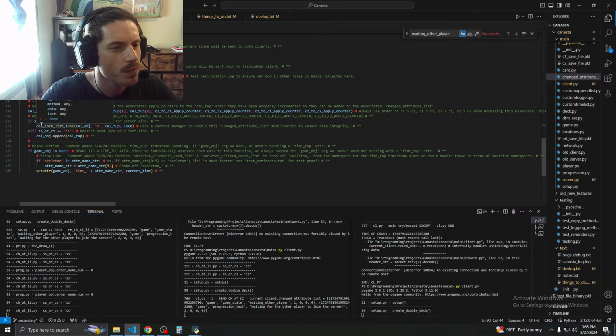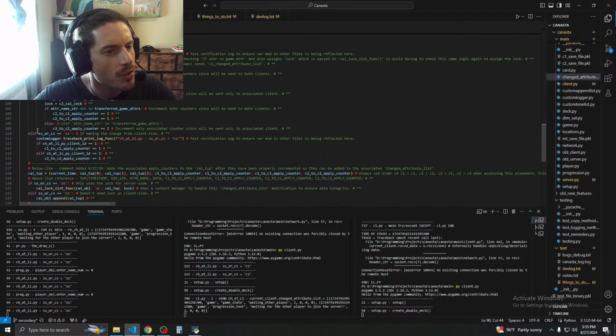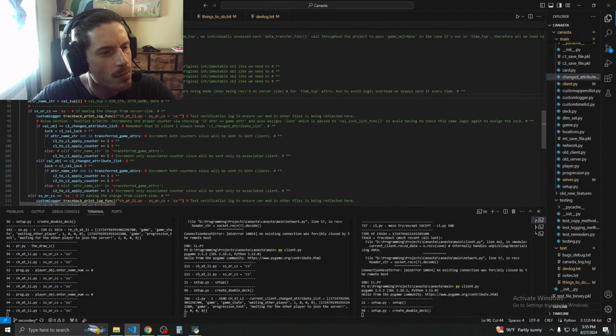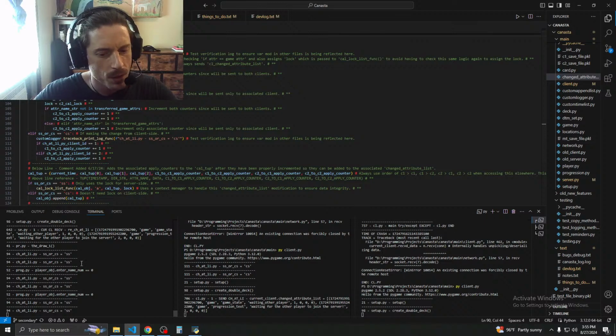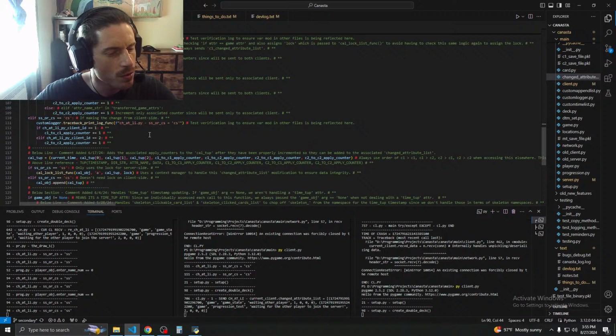It'll do, because all this up here is just imports, current time, method name string. This is incrementing the apply counter. Okay, yeah, so this is where we're getting all these printouts from, but something's wrong. Either it's not getting transferred,